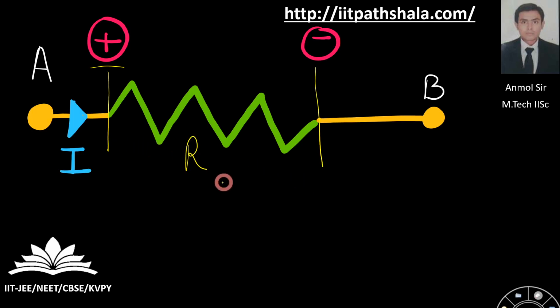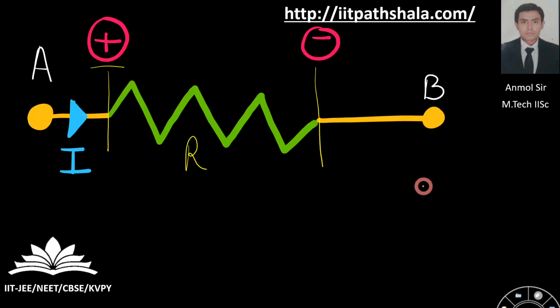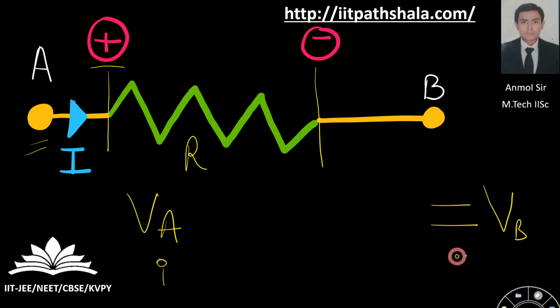Now, if you have to write the KVL between A and B, you will recall the following principle. If you are going from positive to negative, multiply by -1. If you are going from negative to positive, multiply by +1. Now for applying KVL, you have to have a starting point. For example, I am having VA to be my starting point. Now I am traveling downward, ending up at VB, so equal to VB. So this is my initial and this is my final. After the equals sign, you should be having your final point where you are landing. In between the initial and the final point, you will be writing your equation.